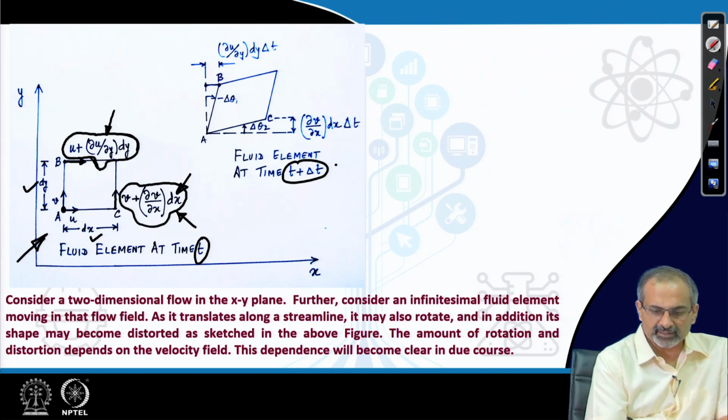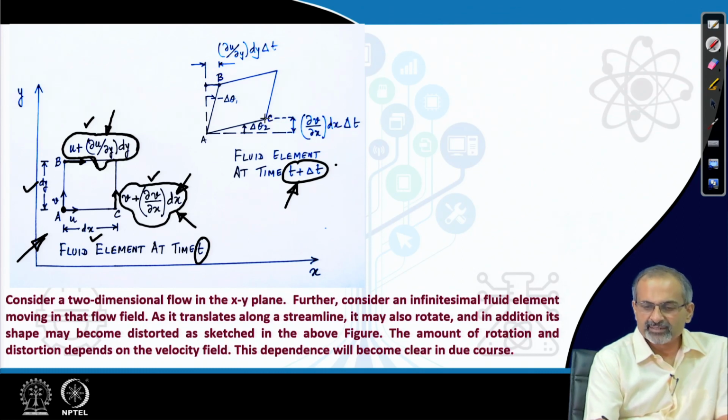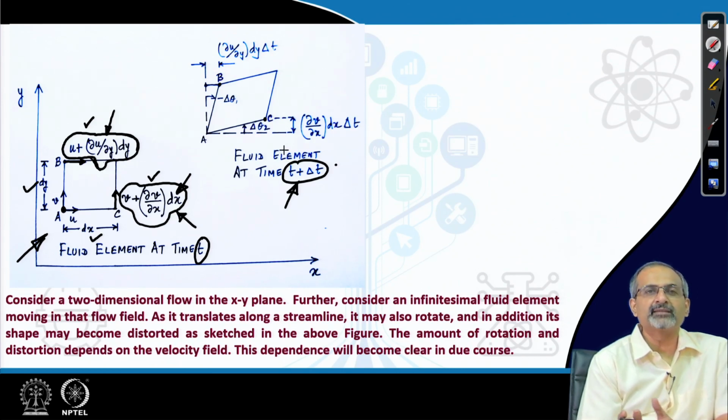B and C respectively. Now, if these differences in velocities exist for some time, they will make those points traverse by different amounts compared to A. So, when we look at the same fluid element at time t plus delta t, we find that the point C and the point B have moved in a manner which is not identical to the point A, and therefore, the fluid element has changed its shape.